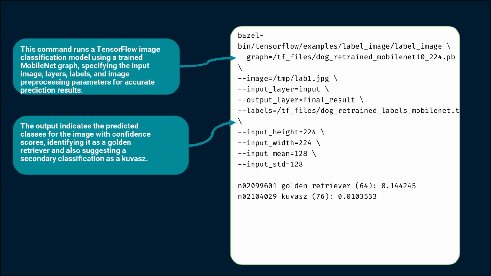By including parameters for input normalization, such as mean values and standard deviation, we help the model interpret the image data correctly. After executing this command, we'll receive an output that displays the model's classification results, showcasing predicted classes alongside their confidence levels. For example, among the predictions, we might see a Labrador Retriever with a high certainty score, reflecting the model's accuracy in categorization. This not only demonstrates the capabilities of the Mobilenet model, but also highlights the effectiveness of proper training and tuning